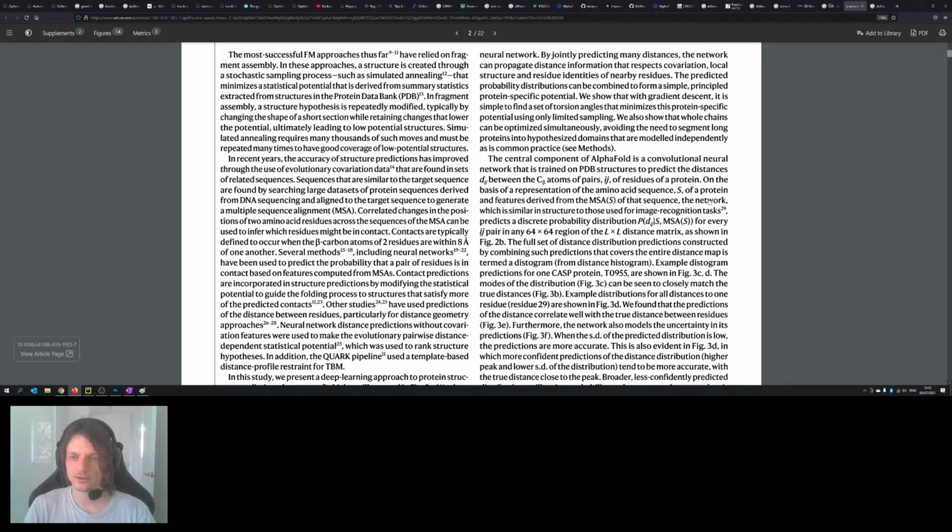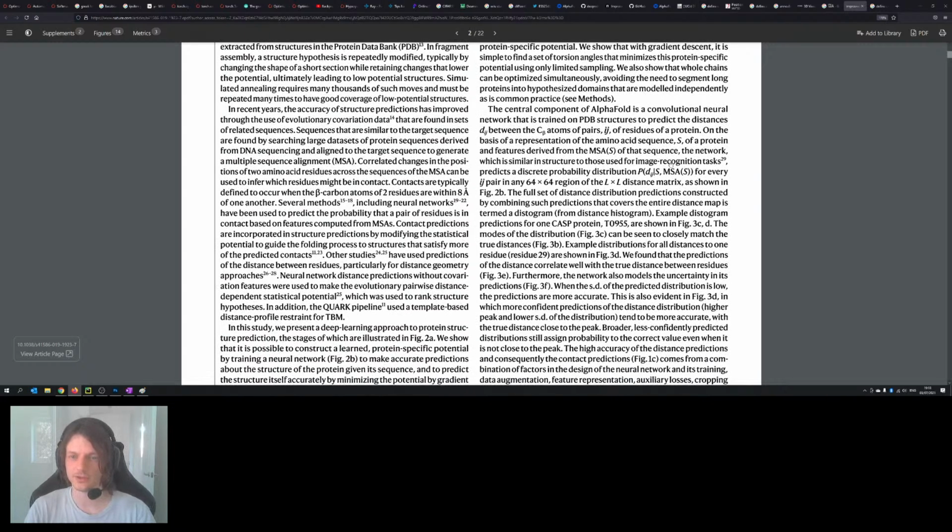The network, which is similar in structure to those used for image recognition tasks, predicts a discrete probability distribution P of dij, so the distance between those two nodes,